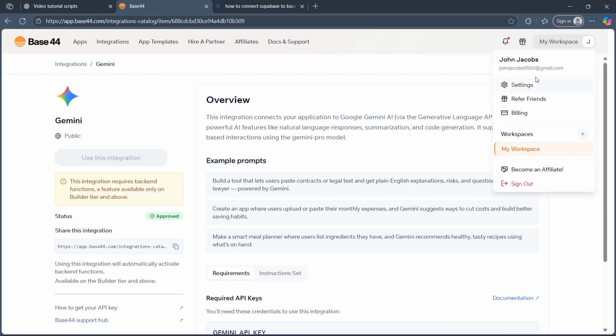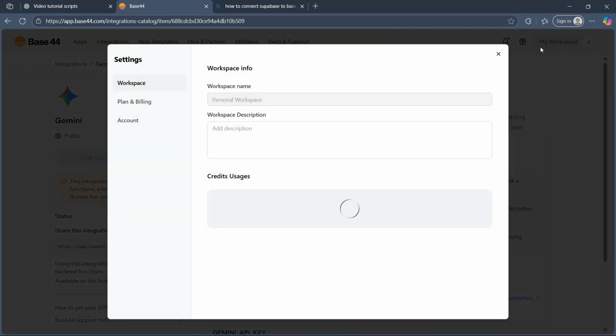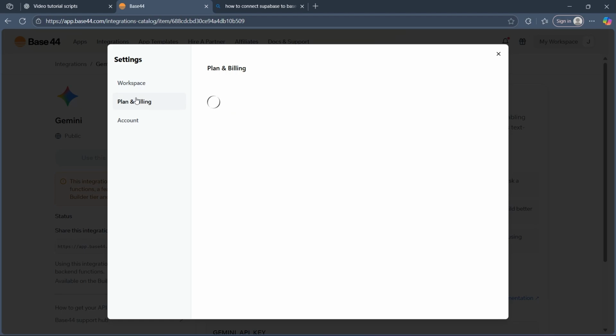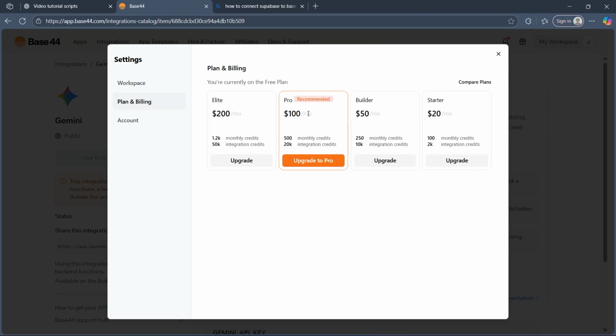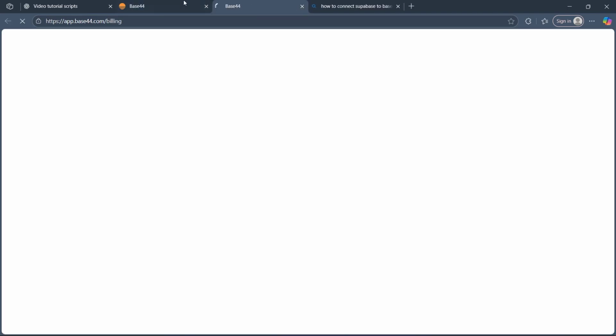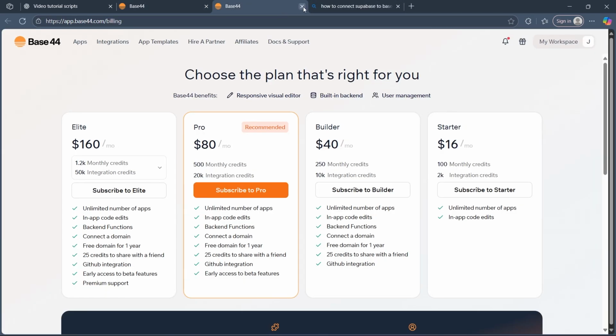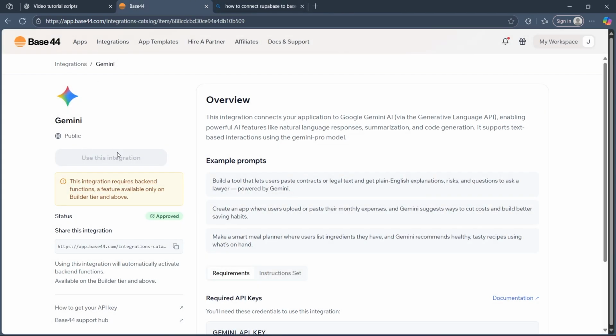In order to do this, click on settings icon by clicking on your profile icon, choose plan and billing, and here you can simply select the builder tier or starter tier in order to get Gemini AI with your Base44. So click on upgrade on builder or starter and you'll be easily able to buy this. After you complete the payment, you can easily click on use this integration button and connect your Base44 with